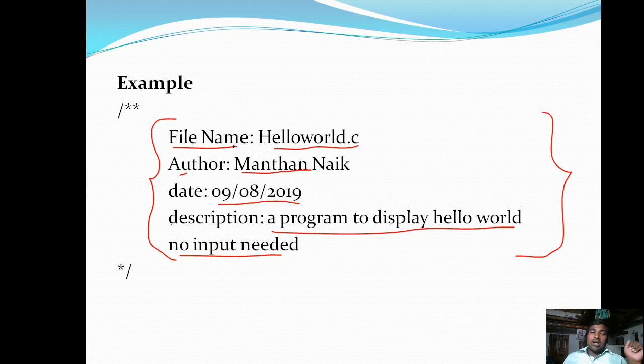All these details are surrounded between a forward slash followed by double star, and a star followed by forward slash. This is the starting of the comment and this is the ending of the comment. So we write this documentation section in the comment lines only.